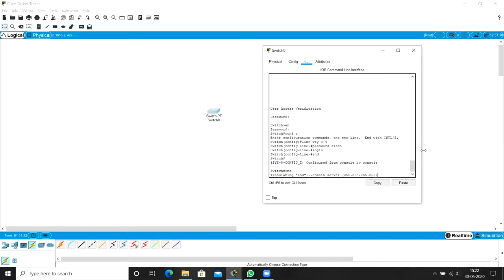It can be given only in global configuration mode. Now what you can do is try these commands. You can do these initial configurations. We have some more actually.